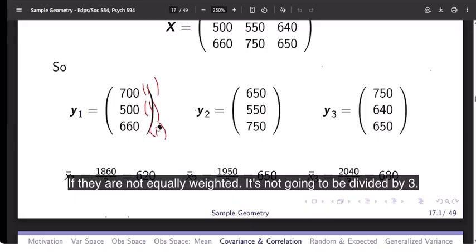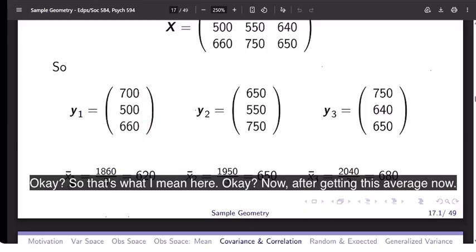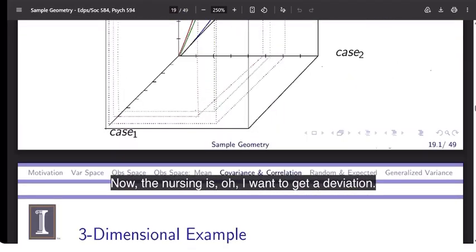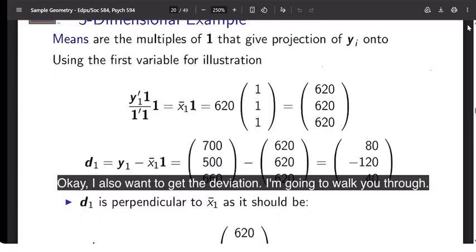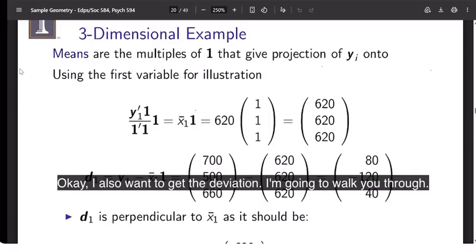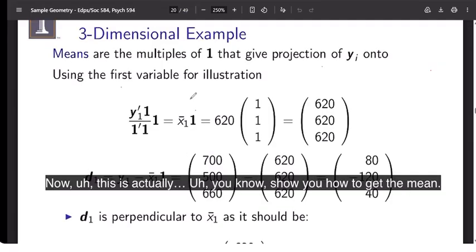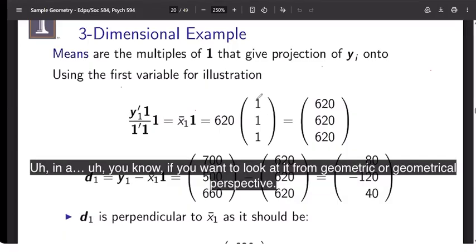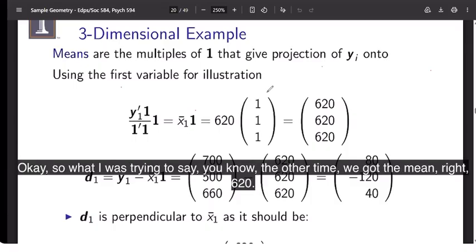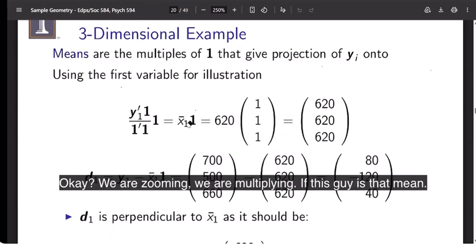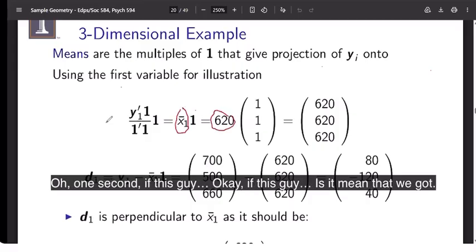Now after getting this average, the next thing is, I want to get the deviation. I'm going to walk you through. Now, this is actually showing you how to get the mean, if you want to look at it from a geometrical perspective. What I was trying to say the other time, we got the mean, right? 620. We are multiplying. If this guy is the mean that we got,